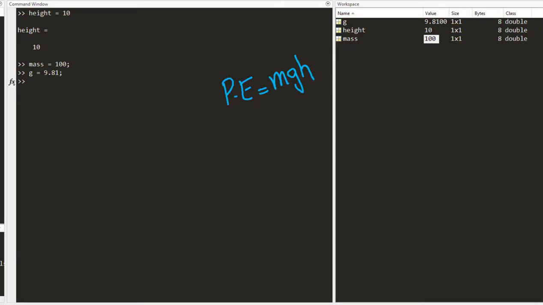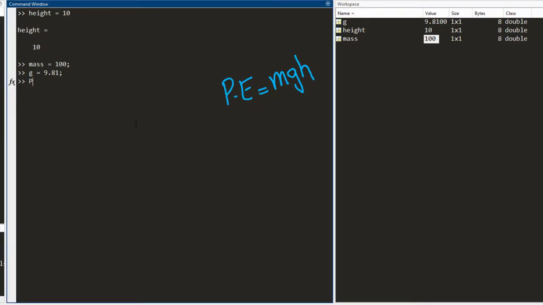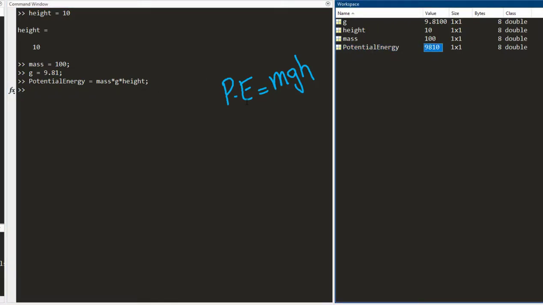So in order to calculate potential energy, I define a new variable. Let me call it potential energy. Not very clever, I know. So it is mass times gravity times height, and I again use this semicolon operator. So now you see that a variable potential energy is created in the workspace with the value of 9810.